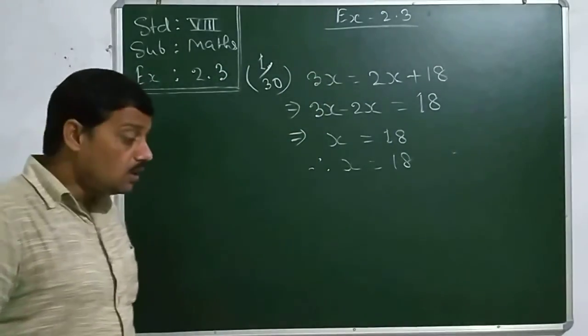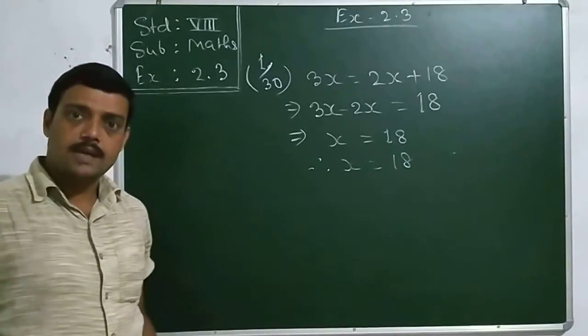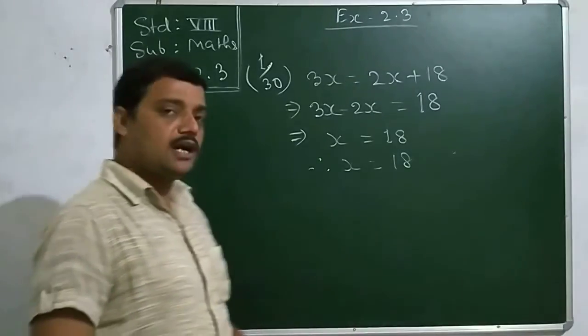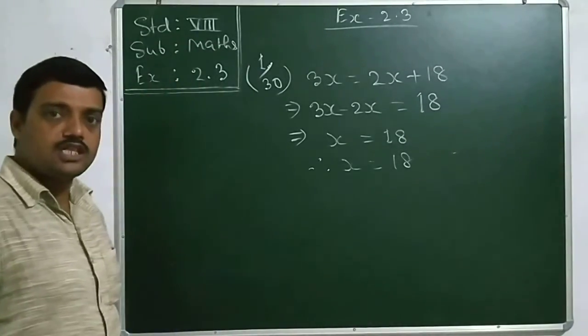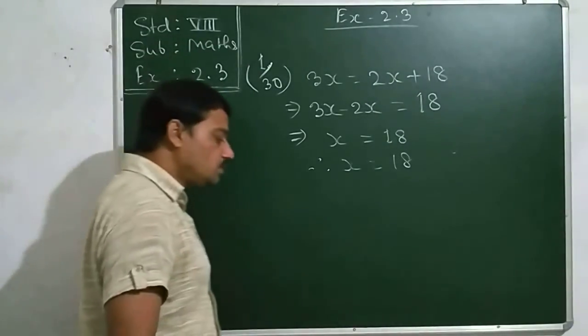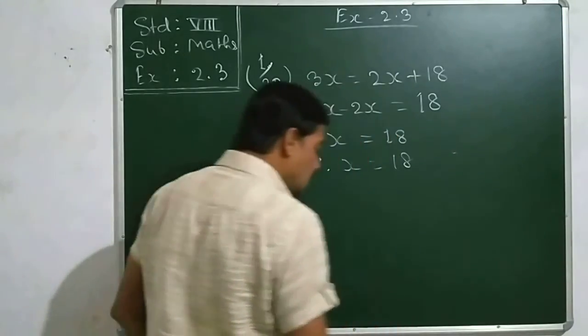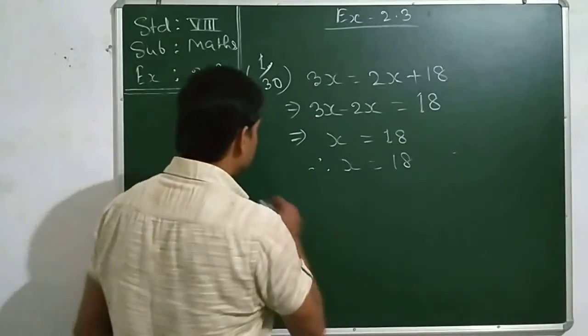I am showing you a few steps so that you can separate the variables in all the sums, and the remaining steps you will calculate yourself. In this way you can solve the sum. Come to number 2. In the number 2 sum, it is